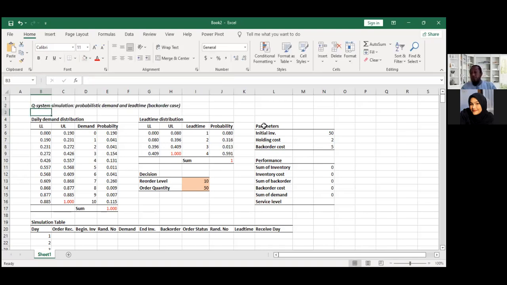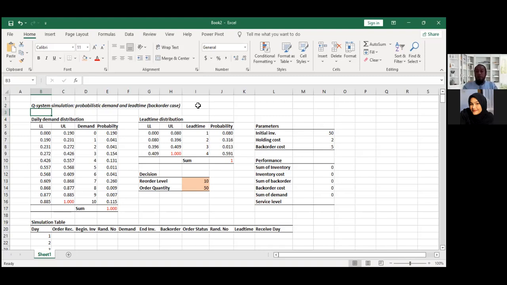Because the system is dynamic, we have a probability of stock out. And for the stock out, there are two possibilities. Whether we can fulfill the stock out in the next period, in which case it counts as back order, or we lose it. If we lose it, it means the case is lost sales. It is different.